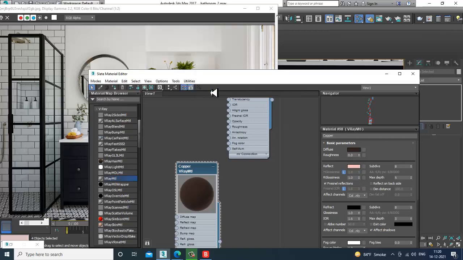I'll keep it that way. Our glossiness, I'm going to set to 0.8 or 0.7. IOR, I'll set to 10 over here. As usual, your subdivisions will be 32, and I'll set the max depth over here.